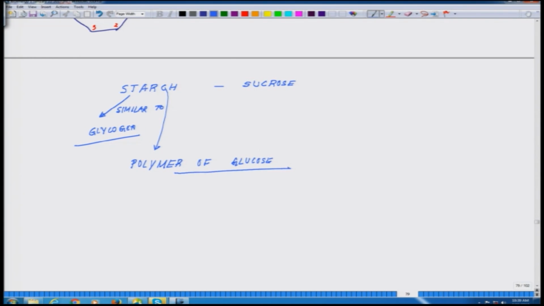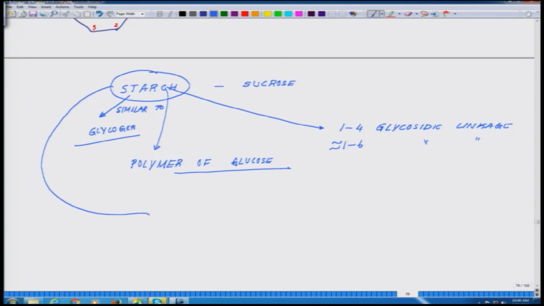And most of this polymeric chain of starch consists of 1,4 glycosidic linkages, and there is a small fraction of 1,6 glycosidic linkages which are present in them. So this is synthesized and stored in the chloroplast. So all this starch molecule what you see, the genesis of all these things is from fructose 6-phosphate